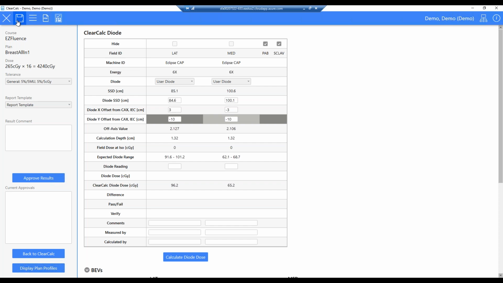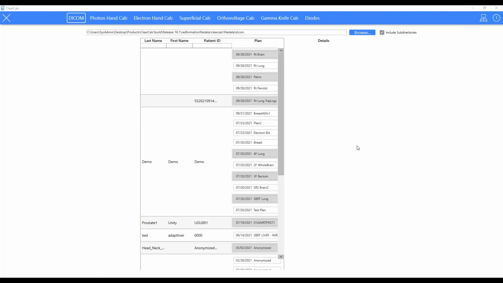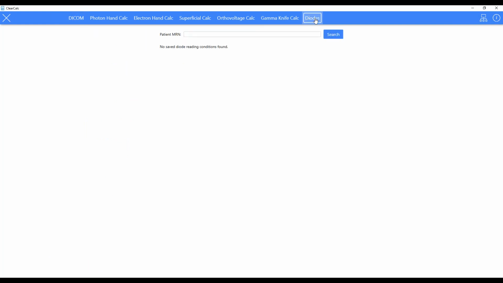And then if I save it here, I'm going to jump into our standalone application. That would be a place where the therapist could then run our standalone and enter the actual values that they read at the machine. So what I've done here is launched just our ClearCalc.exe standalone application. So you see it looks a bit different. But for that plan now, I can come over to the diodes tab